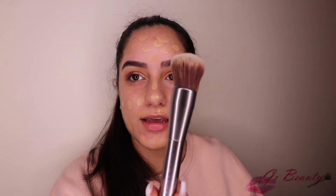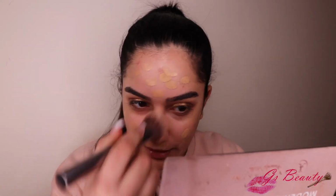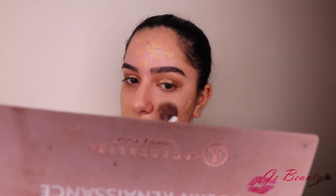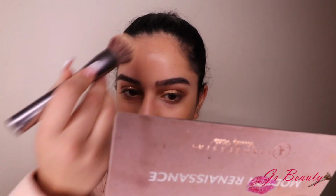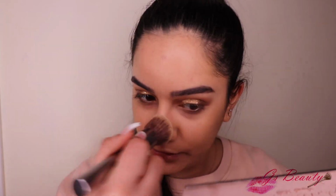Using my Urban Decay foundation brush, optical blurring brush, I think it's called. It looks like this. I'm sorry if there's shadows behind me. I'm getting a backdrop,